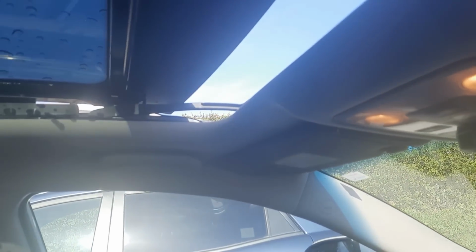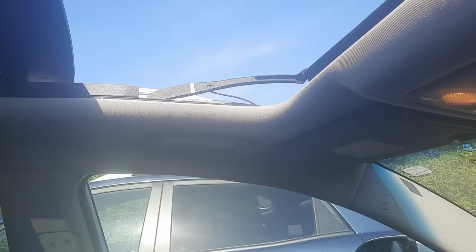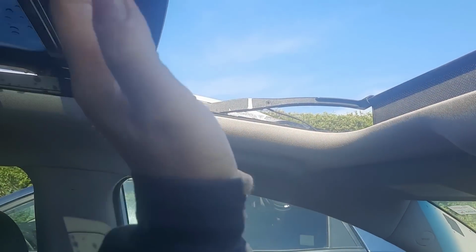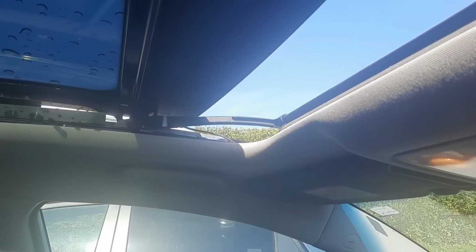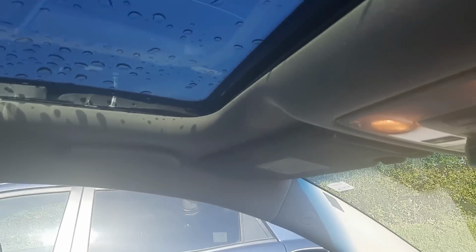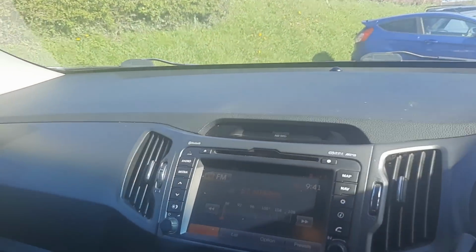Oh, okay. It seems to be working. Well, we'll see. Coming back, I literally had to pull it back with my hand. I had to pull it back like that. But it's absolutely fine now. White grease and silicone left overnight seems to have done the job. That could have easily gone a different way. Right, okay, so all we need to do is find out why the...